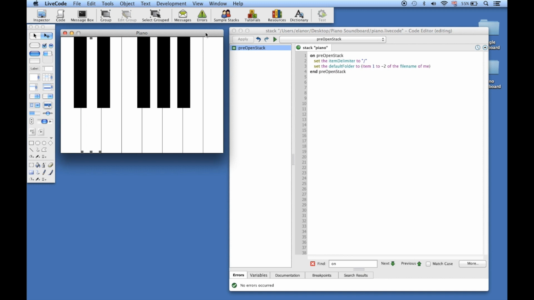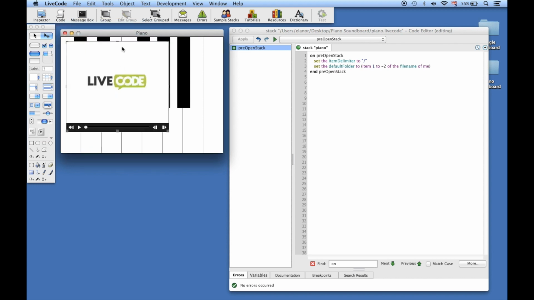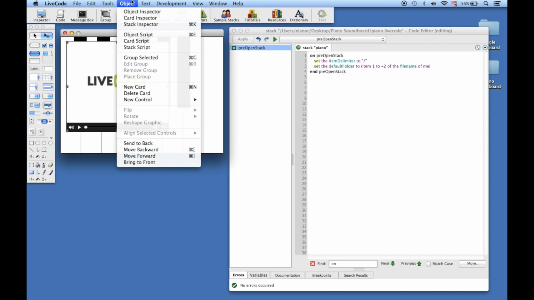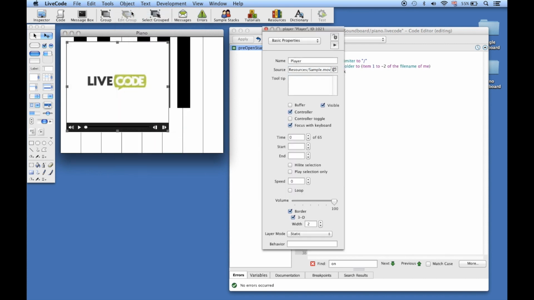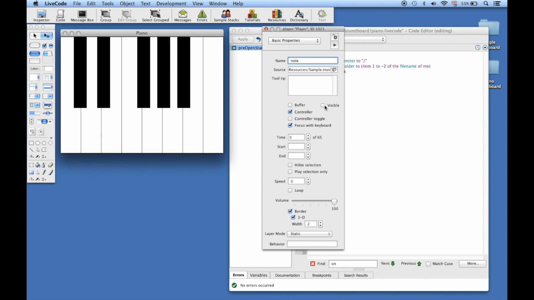Now again, as with the Jungle soundboard, we need a player object to actually play our sound files. So make sure you're in edit mode, go to the tools palette and drag out a player object. Then we're going to go to the object menu, and we're going to open up the object inspector. And this time we're going to set the name of it to note, because we're just going to be playing a note, and we turn off visible because we don't want the user to be able to see the player